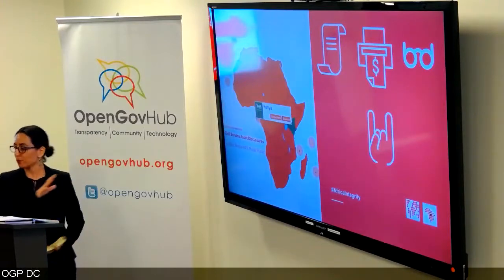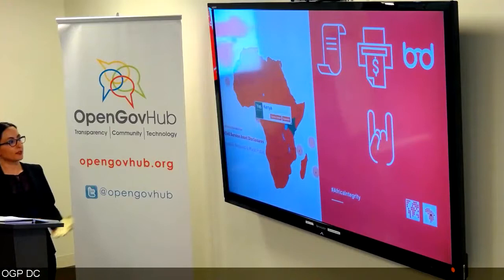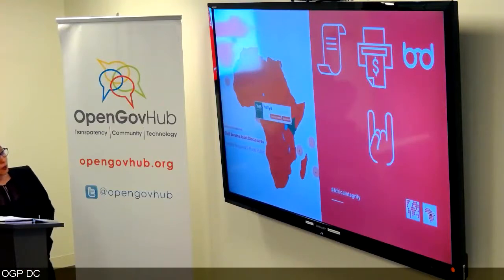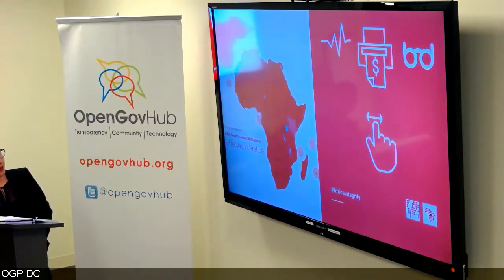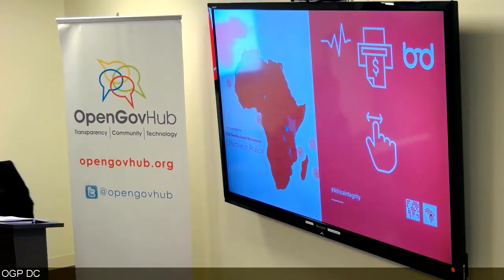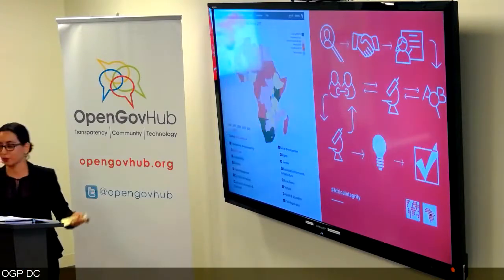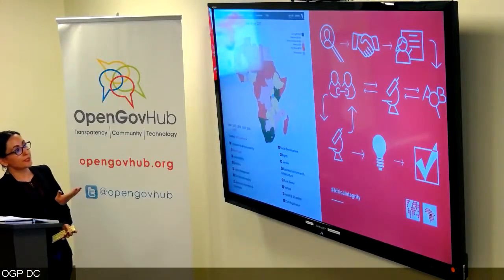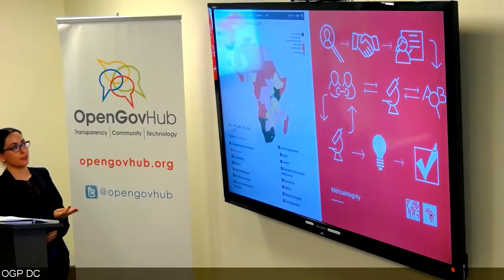So this is just an example to make it less abstract. This is Kenya, and this is an indicator on civil services asset disclosures in law. So Kenya is the only country, as you can see, in law that allows it, but in practice, it's not actually the case. So does it make it public? No. Does it allow all civil servants to make it public? No.